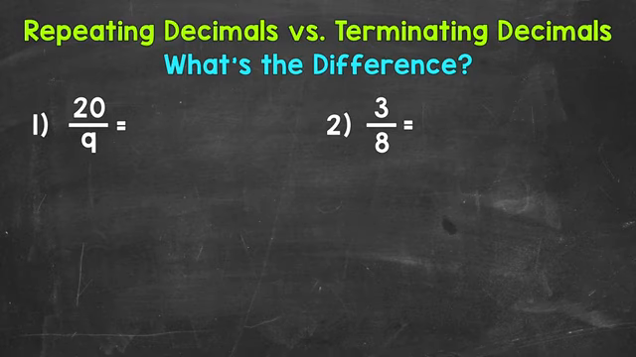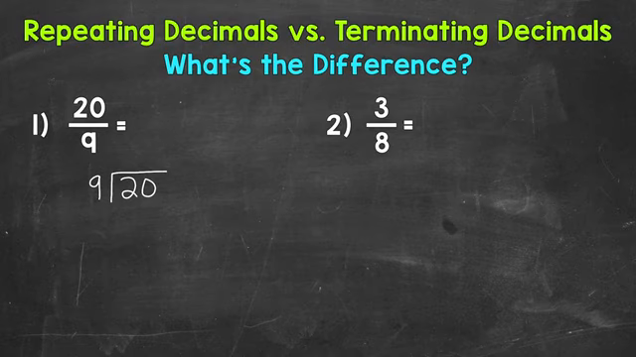Now, each example is in fractional form. We are going to divide to get these to decimal form. So for number 1, we divide 20 by 9. Always do the numerator, the top number, divided by the denominator, the bottom number. So again, 20 divided by 9. So let's set this one up. 20 divided by 9. And we will go through our division process here to see if this is repeating or